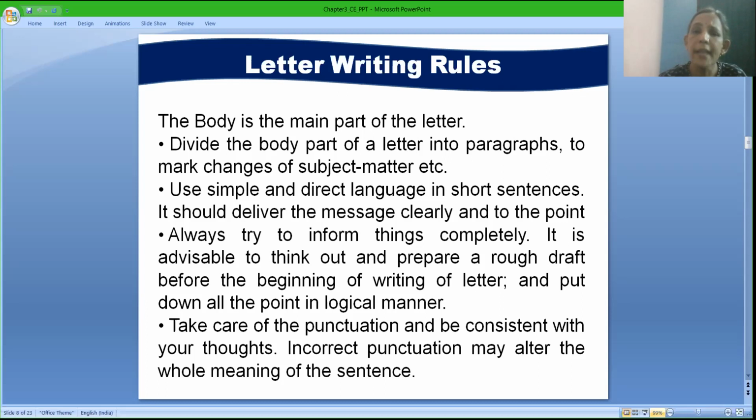Second, what is the explanation from your end, or what kind of information do you want in detail, or what is the information that you are sharing with the other person? The proper explanation will be covered in the second part of the body, that is the second paragraph. And in the third and last paragraph, you are going to talk about the call for action. What is it that you want the other person, the respondent, to do, how should they react, or how are they going to act after reading that particular letter?